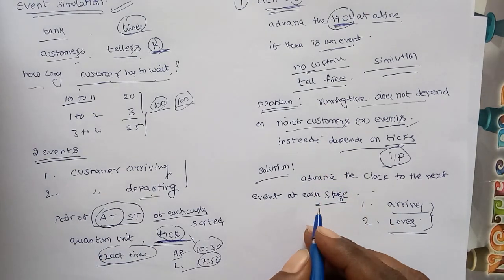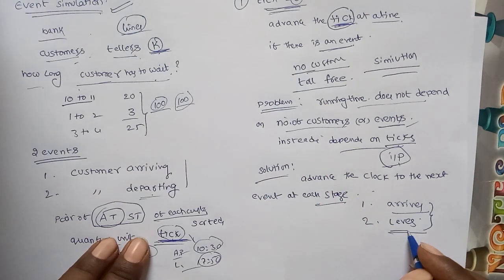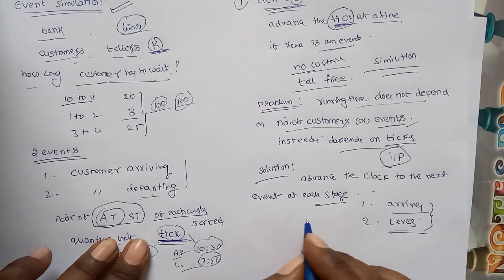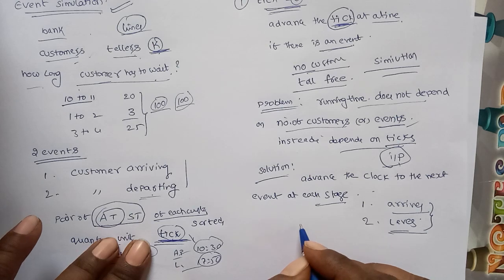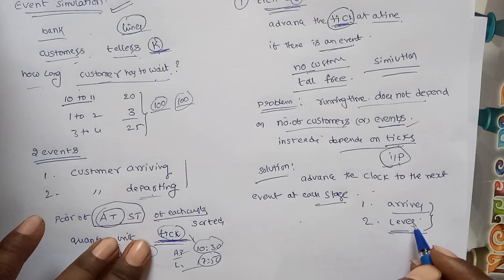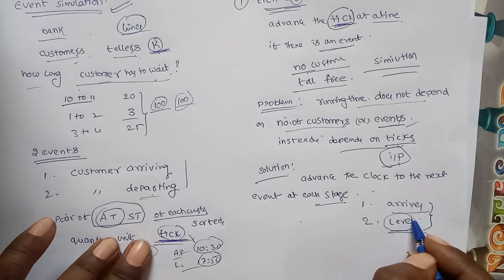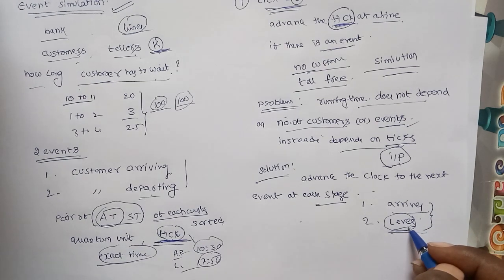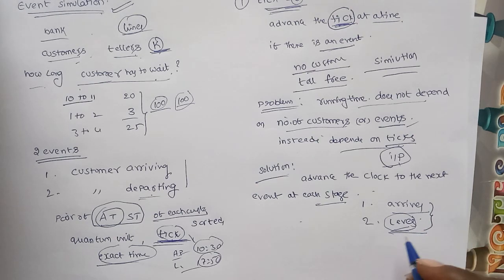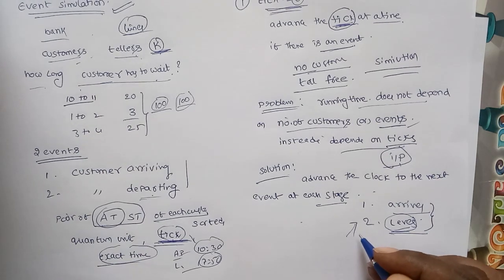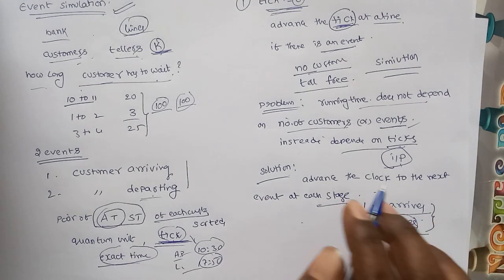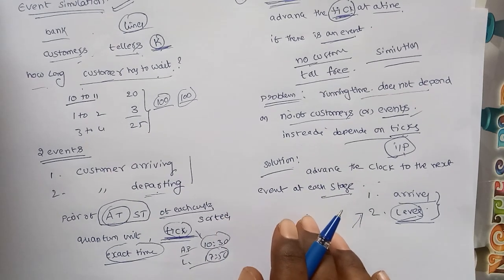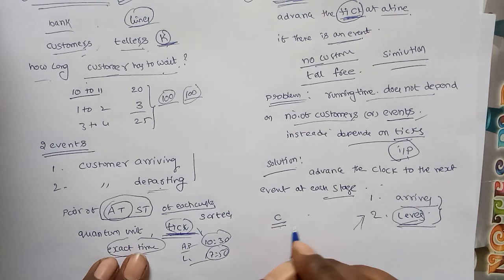Suppose the event is a departure. What are we processing? The processing includes the statistics of the departing customer, and checking the line to see whether another customer is waiting or not. At the time of departure, check whether any customer is present in the line. If there is no customer, stop the procedure. If there is a customer, add that customer to the line and advance the tick value.